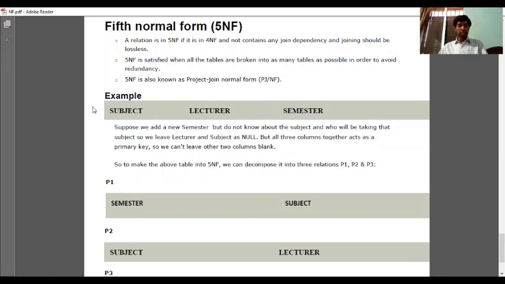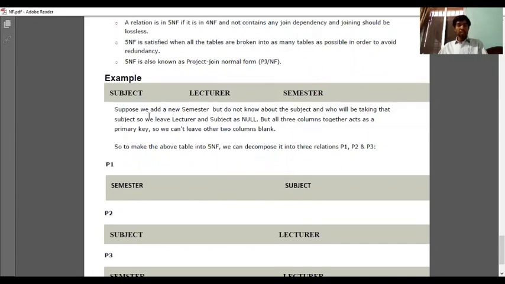Now let's take an example. Here one relation is given and the attributes are subject, lecturer and semester. Suppose we add a new semester but do not know about the subject and who will be taking that subject, so we leave lecturer and subject as null. But all three columns together act as a primary key, so we can't leave the other two columns blank.